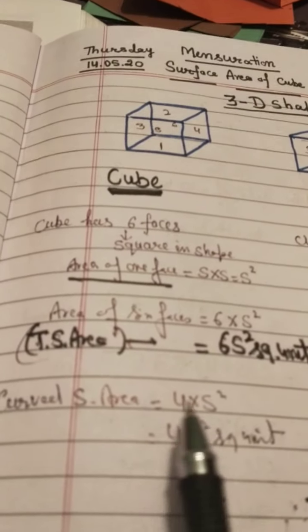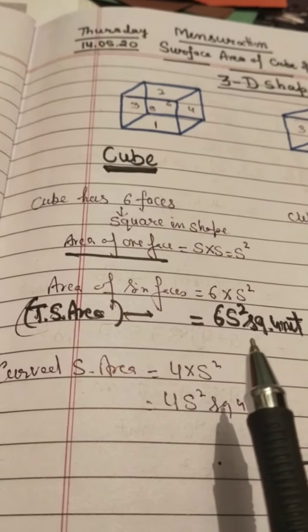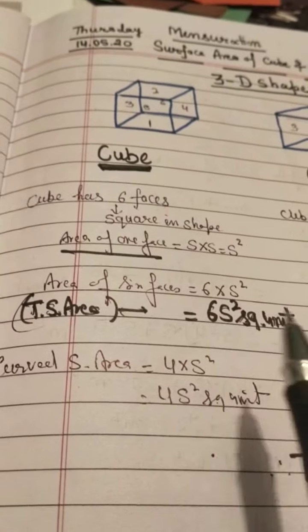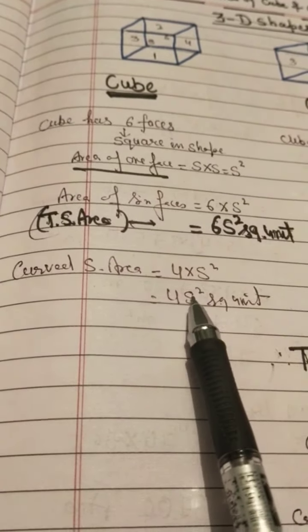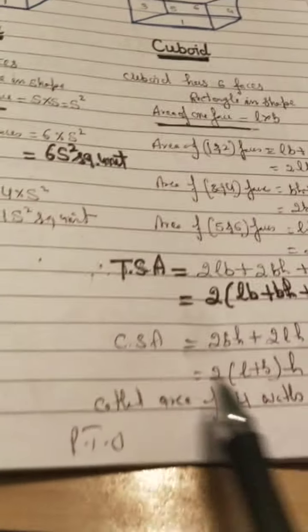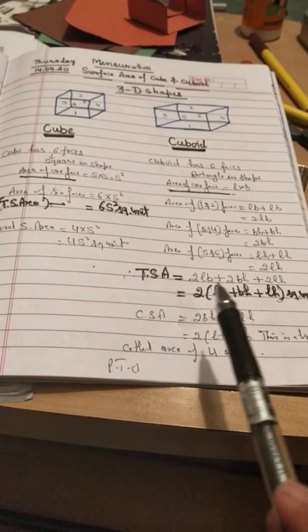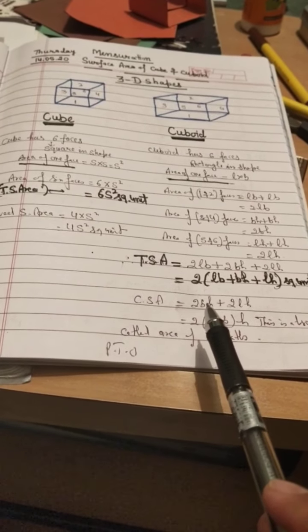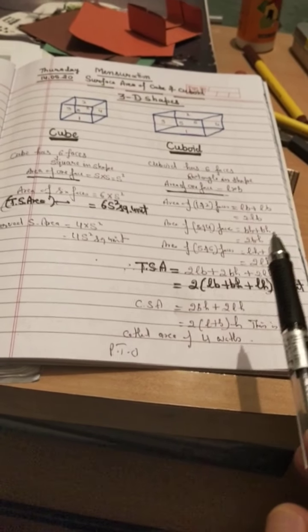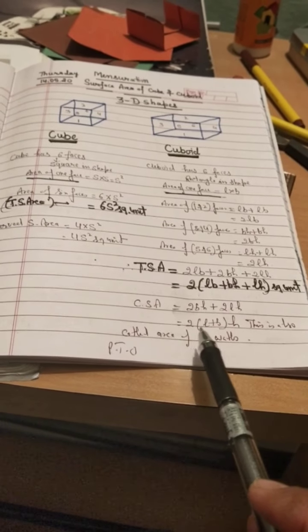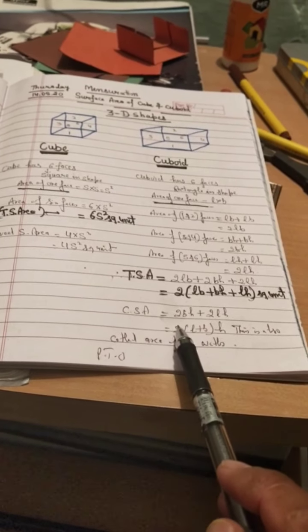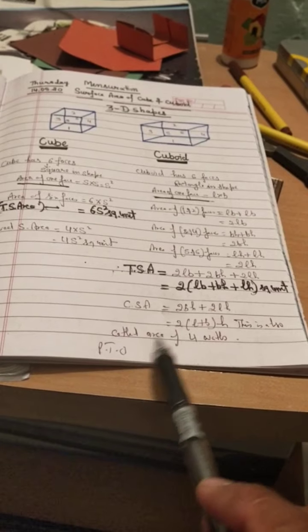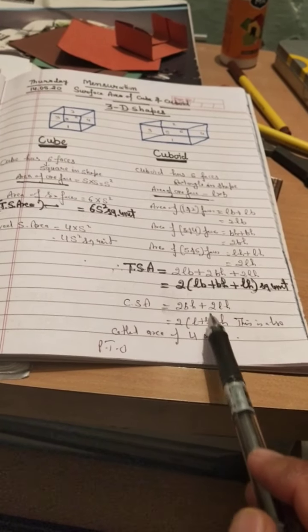Curved surface area is equal to, we don't consider top and bottom. So the area of four faces, then its curved surface area is equal to 4 into s square, 4s square unit. Similarly for the curved surface area of a cuboid. In a cuboid, the curved surface area is equal to the area of 4 walls of a room, 2 into (L plus B) into H. Either this can be 2BH plus 2LH, 2 is common, (L plus B) into H. This is also called the area of 4 walls of a room.